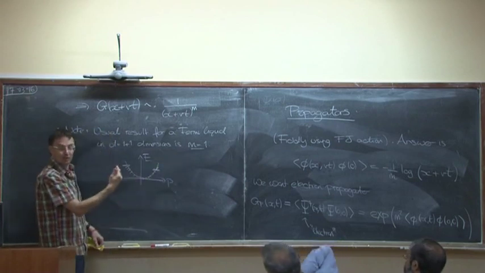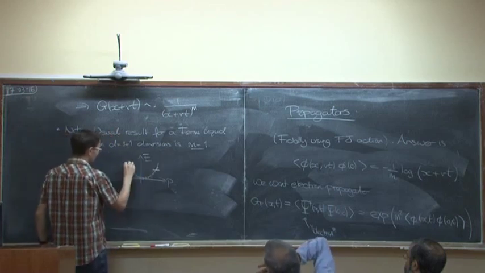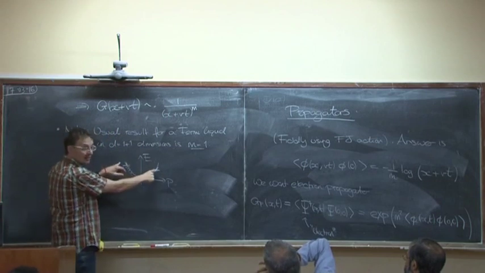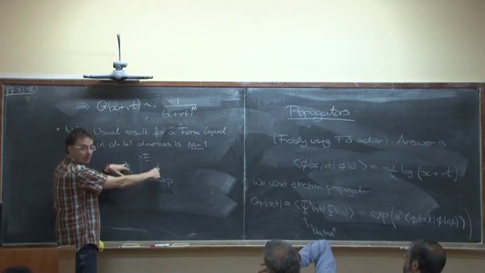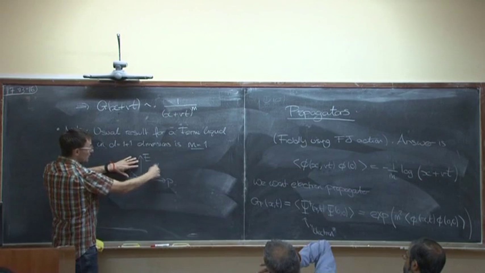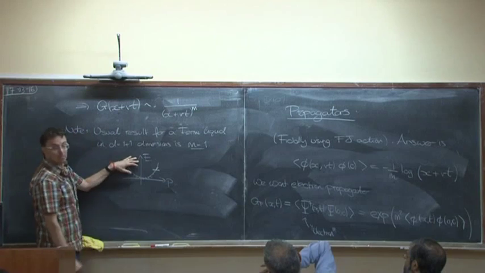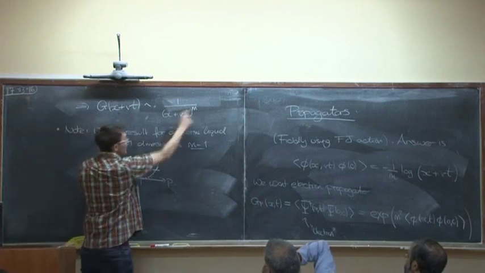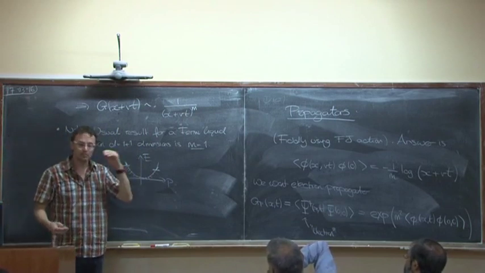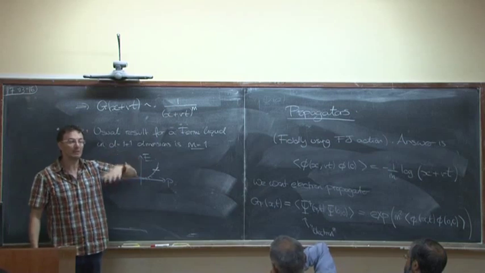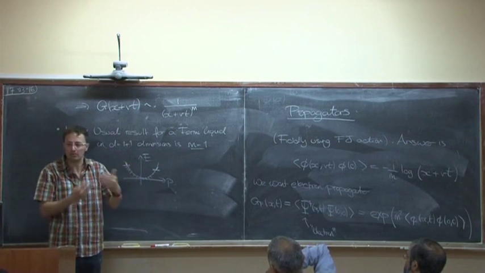Remember, the group velocity is the energy divided by the momentum. So this has velocity going in one direction, and this has velocity going in another direction. So in 1 plus 1 dimensions, a Fermi surface always has basically two decoupled fermions, a right mover and a left mover. And you can think about the physics just of one individually. If you do that, you find that it has this propagator with n equals 1. And if you want a little bit of extra convincing that's plausible, n equals 1 is the completely filled Landau level. So it might be what you expect.